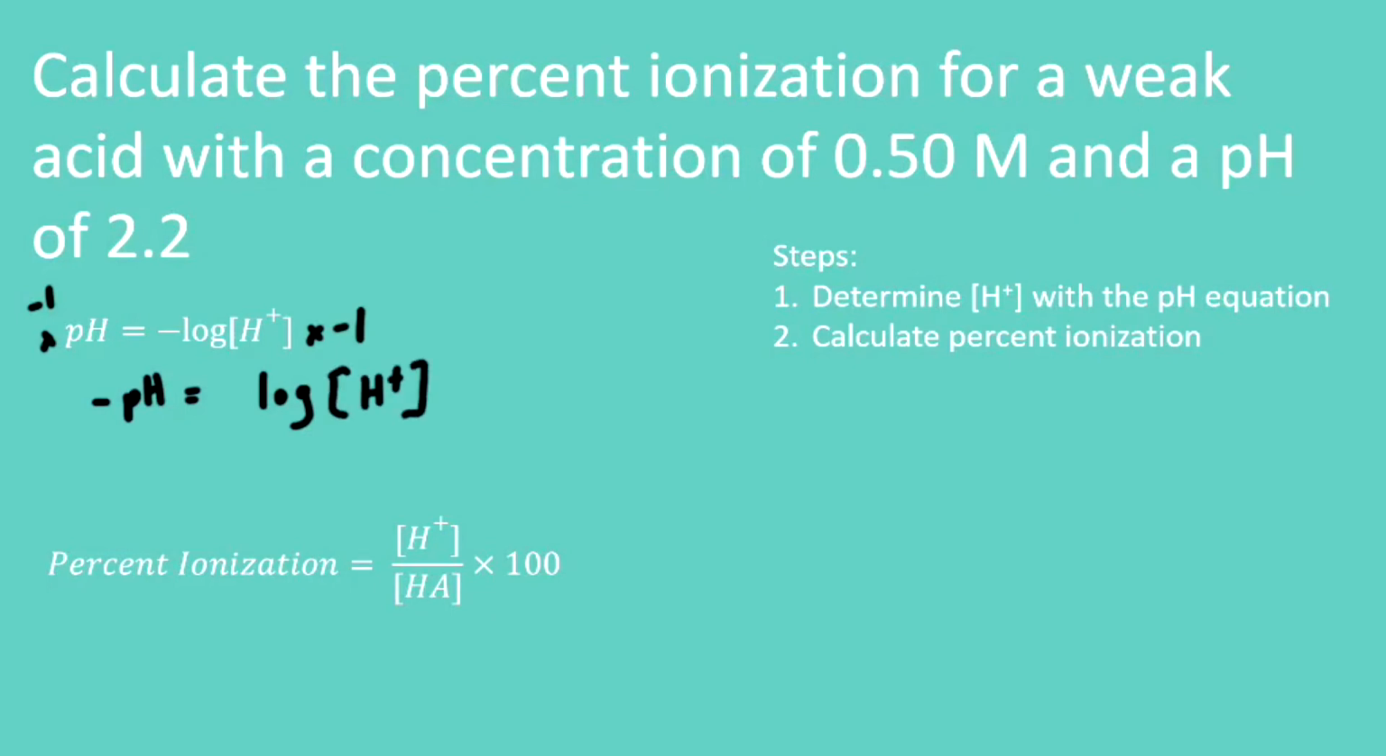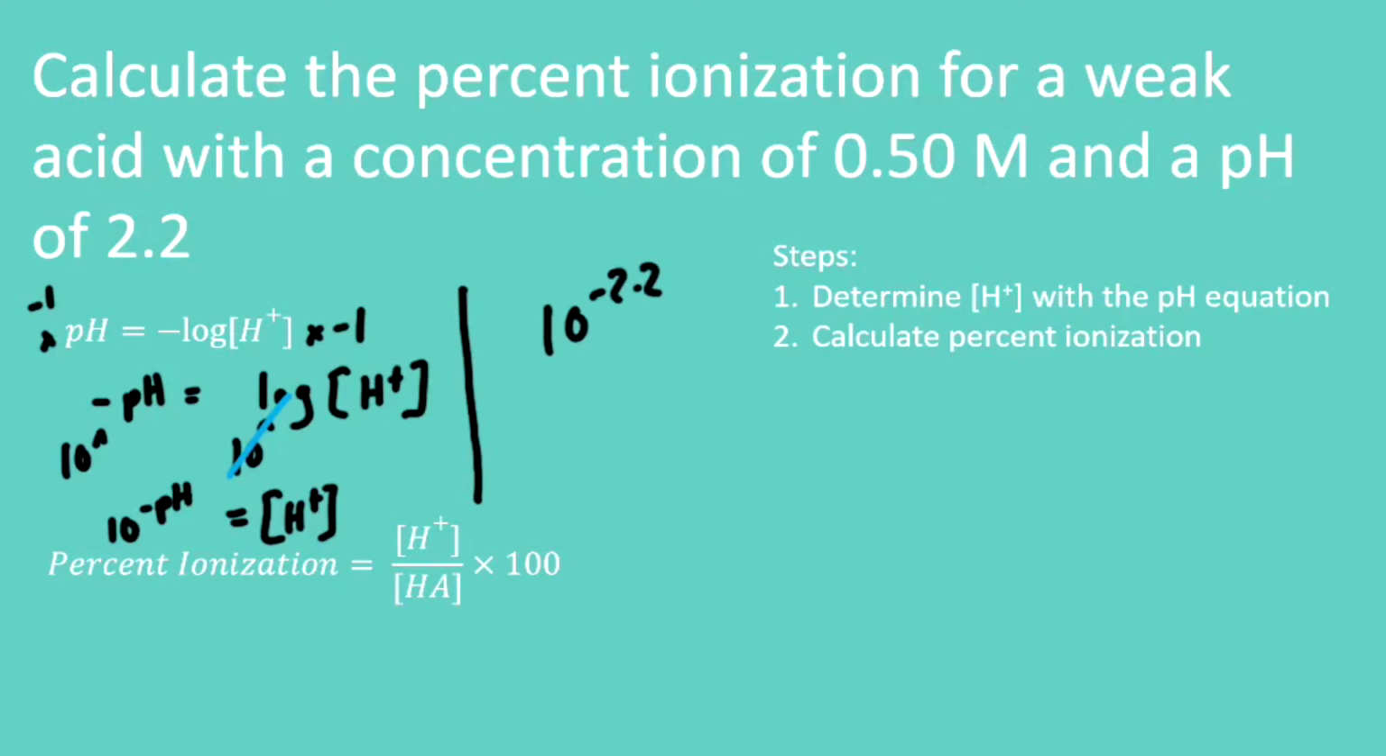concentration. And now to get rid of my log, I do 10 raised to both sides. So 10 raised to the negative pH and 10 raised to the log. You may or may not remember from algebra 2 that that goes away. So then we get 10 raised to the negative pH equals my H+ concentration. Lots of people will just memorize that equation so they can easily go from pH to H+ concentration. So that means 10 raised to the negative 2.2. Why 2.2? Because that's the pH. And what is that going to equal? If you put that in your calculator, you'll get 0.00631. That has the units of molarity because it's a concentration,